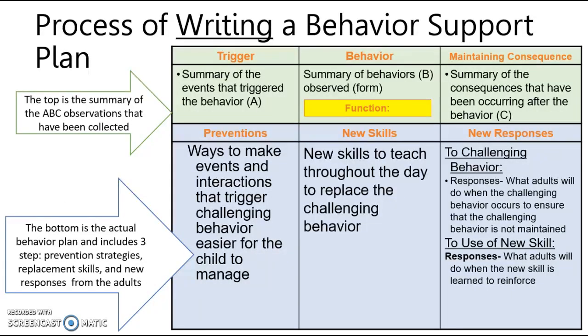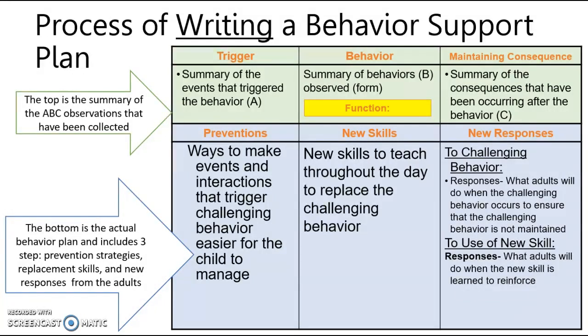So here's what a behavior plan looks like, okay? The top part, what you see in green, is the summary of the observations you have been doing. The triggers are the summaries of the antecedents. The behaviors are the summary of the behaviors that you have observed, so the form of their behavior. And then the maintaining consequences are a summary of the consequences that have been occurring. And we call them maintaining consequences because they haven't helped yet, which means they are likely serving to maintain that